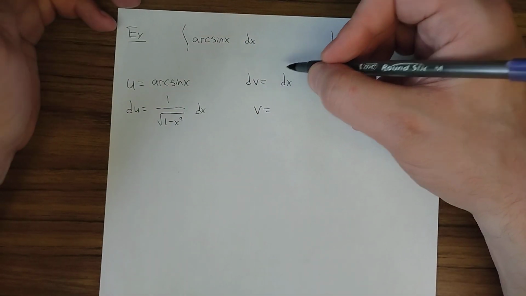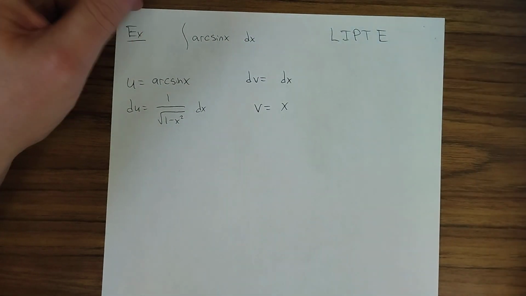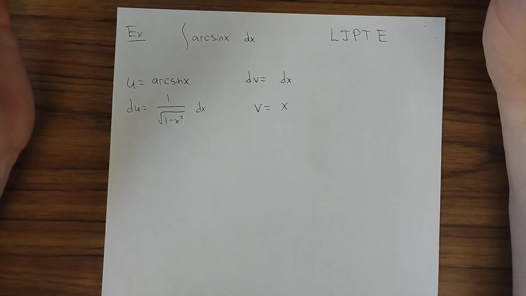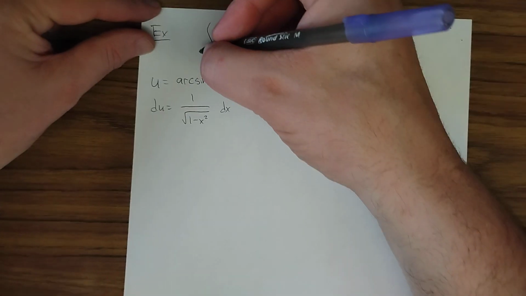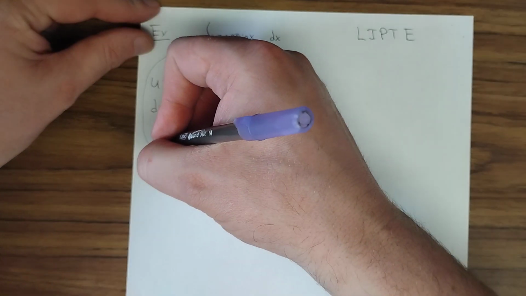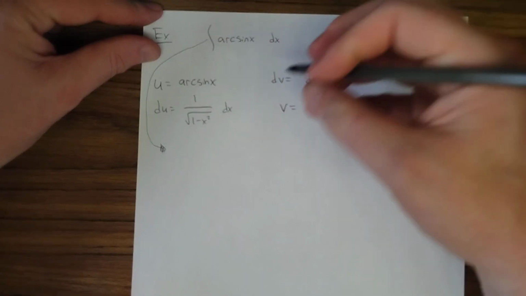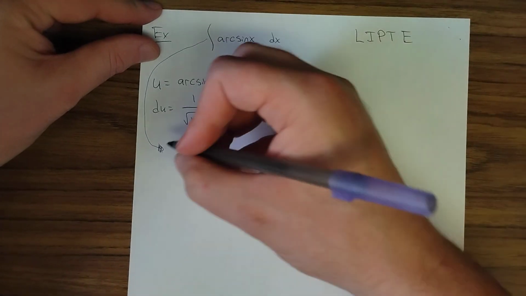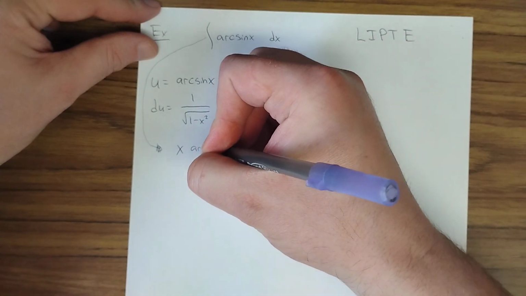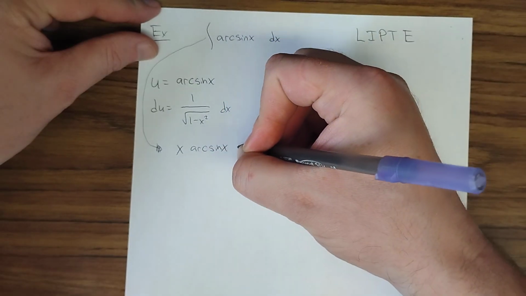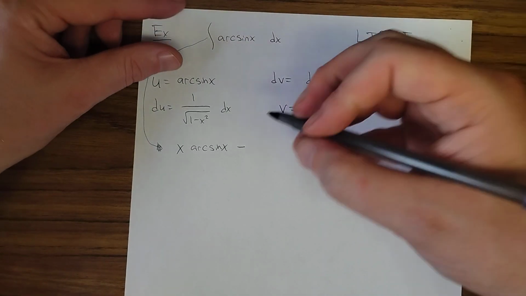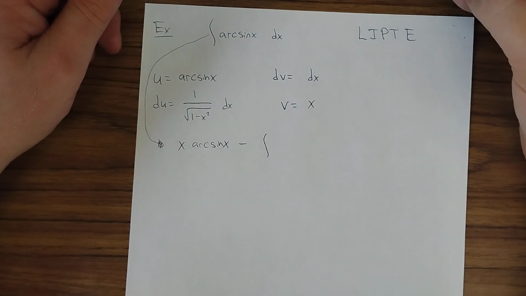The antiderivative of 1 dx is just x, right? Okay, so I get u times v